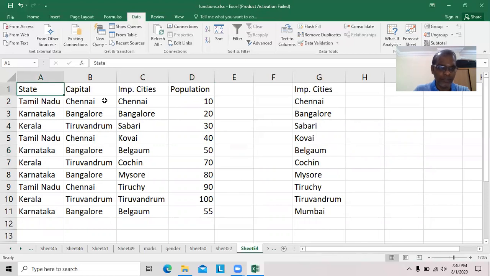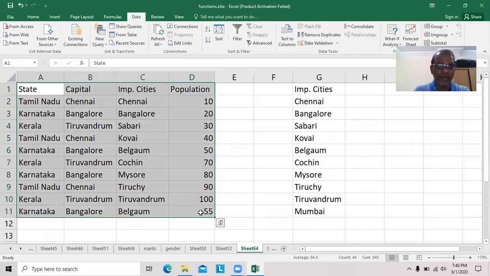Similarly, here, select. We have to find out that important cities should not be repeated again. Values may be the same or may not be the same, but important cities should not be repeated. State can repeat, capital can repeat, population can repeat, whereas important cities should not repeat again. Now there are 2 Belgaums. Even though your population is 50, your population is 55, 2 Belgaums are there.